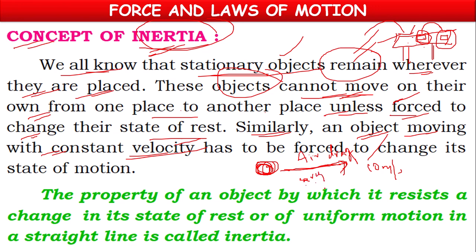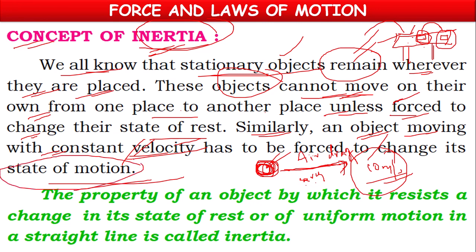If there is zero friction, so practically it is not possible, but if there is zero friction, then it won't stop at all. It will be moving with 10 meter per second velocity continuously without stopping. With constant velocity it will be moving. It means it will be continuing its state of motion without any change. So that is also called inertia. It means being in the same state, either rest or motion. Being in the same state is called inertia.